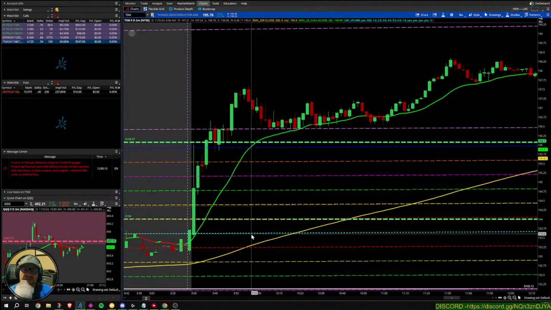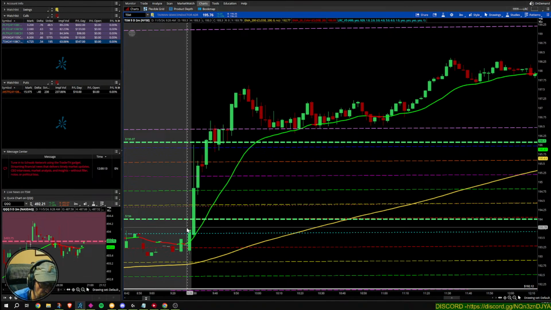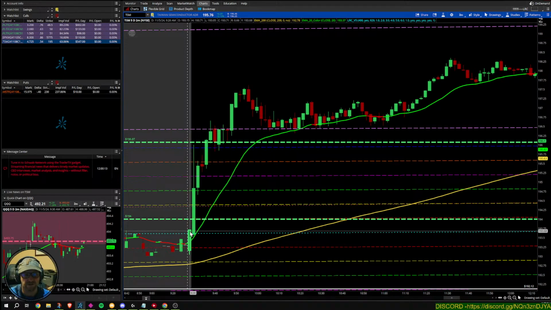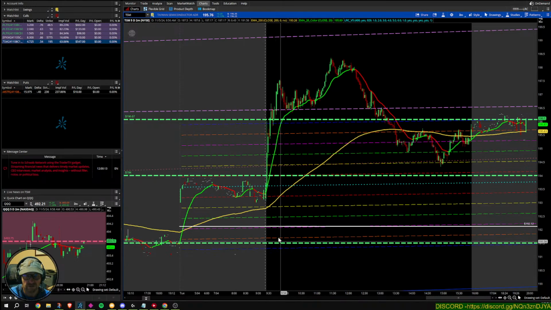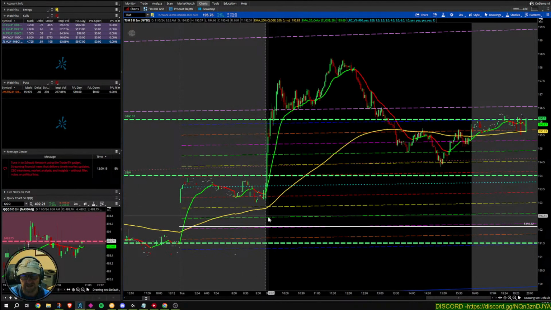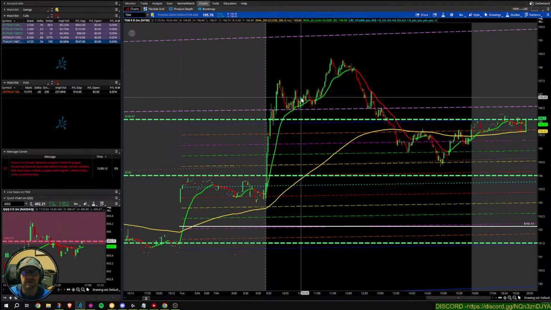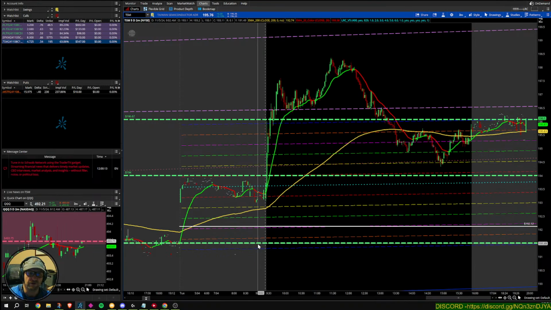So part of the reason I entered this was, of course, the strength right here over the 20 EMA pre-market. What I was looking for, honestly, was I wanted to see a push. I was hoping pre-market this candle would come down to 191.50 and then go up, because I was wanting to catch a bigger move up. But when this came down and shot up right here pre-market over the 20 EMA, and then it went over the 194 really strong,